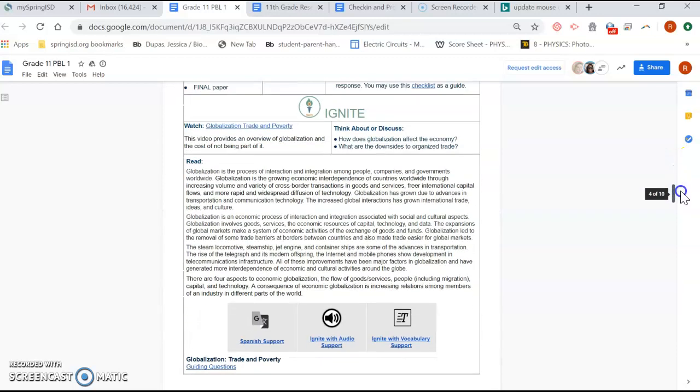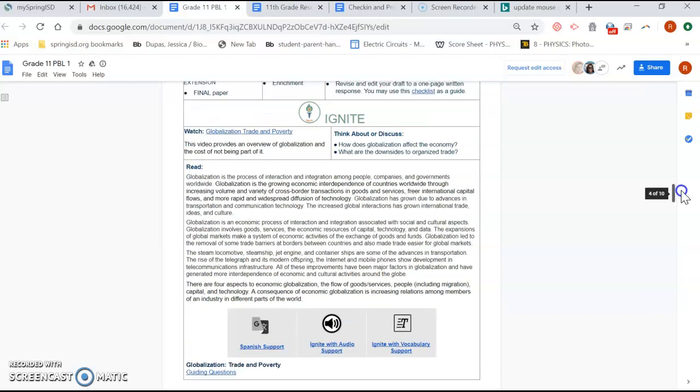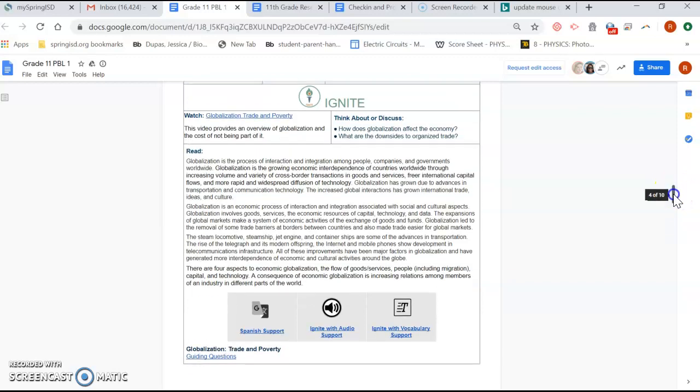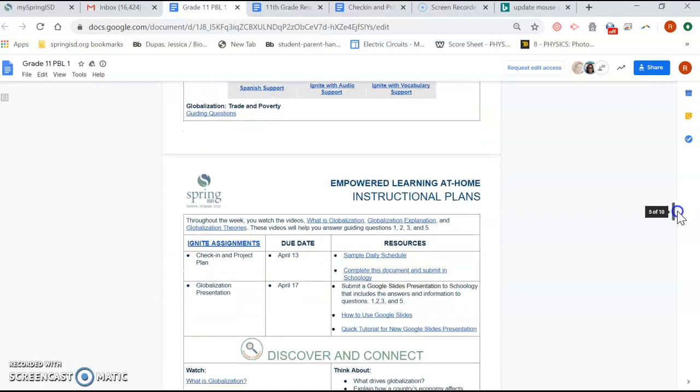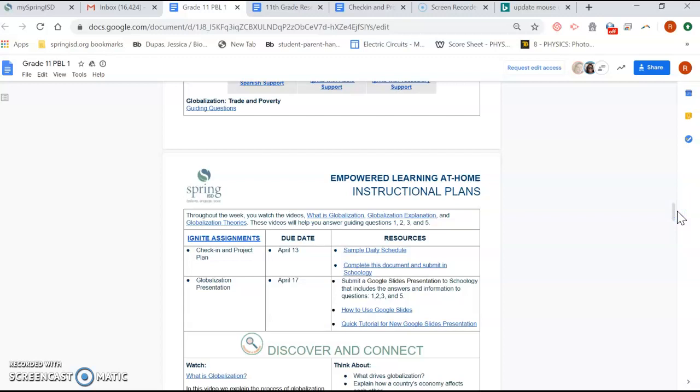So the next thing that we have is ignite. There's a science word for you. Ignite means to start something up. Typically, it's like a fire. So we're going to get you really excited about this week, or at least get you to think about this question this week. So in order to do that, here is what you're going to read again. You've got some supports if you need them. Please feel free to utilize these supports if they're helpful to you. All right, so you're going to read this, and then you're going to come down. I'm going to leave that guiding question so you can see it, because that's going to be important.